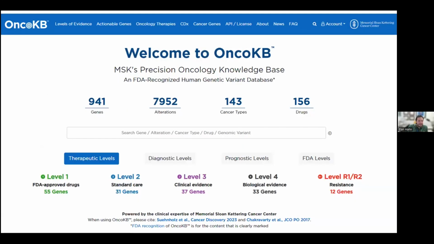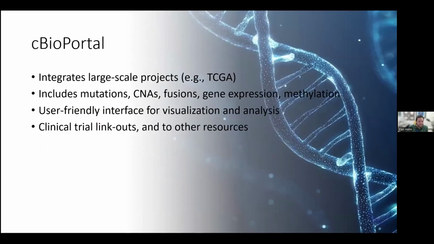And this is what it would look like here, and we're going to go into it a little more in one of the case presentations, so I will just show you the front page for now. So cBioPortal integrates large-scale genomic projects, including mutations, copy number alterations, fusions, gene expression, and methylation changes in these projects where available. It's a pretty user-friendly interface for visualization and analysis, and there are link outs to clinical trials